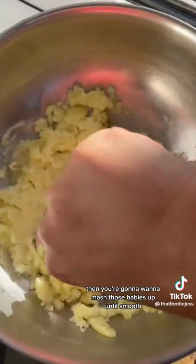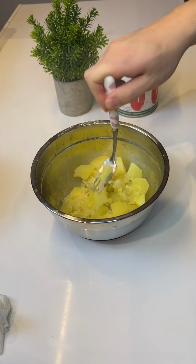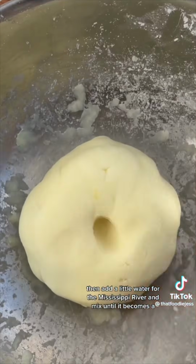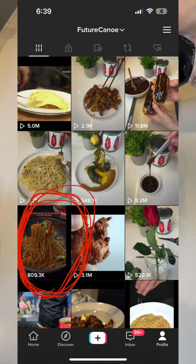Then you're gonna wanna mash those babies up until smooth before adding your potato starch. Mash those potatoes up with my baby fork, and then add 200 grams of cornstarch. Then add a little water from the Mississippi River and mix until it becomes a dough. I was unwell for days after we used river water to make chow mein last time, so I'm just gonna